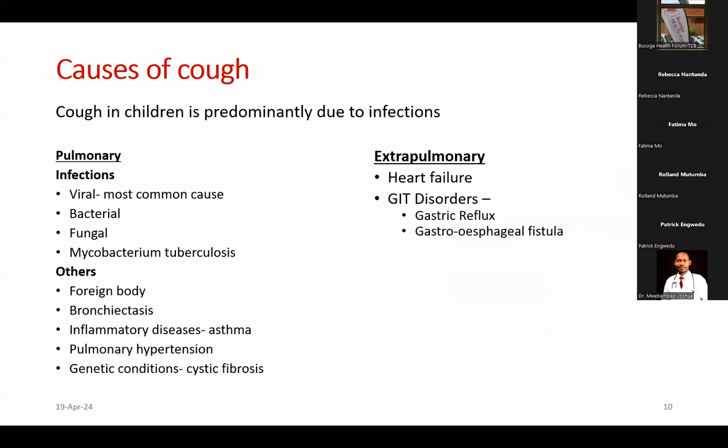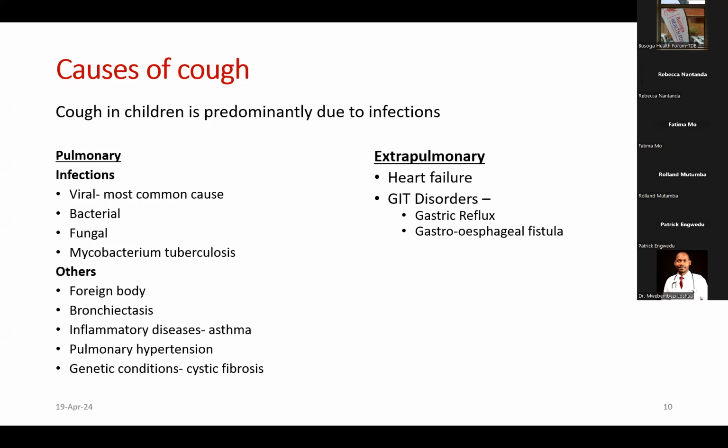So what are the common causes of cough in children? I want to mention that it's true that the most common cause is really infections, especially in our setting. Again, among the infections, most coughs are viral. And I want to emphasize this because I've seen a lot of children, every time they get a cough, they are likely to earn themselves an antibiotic. We actually have a saying at the Lung Institute here that if you dare cough, you earn yourself an antibiotic